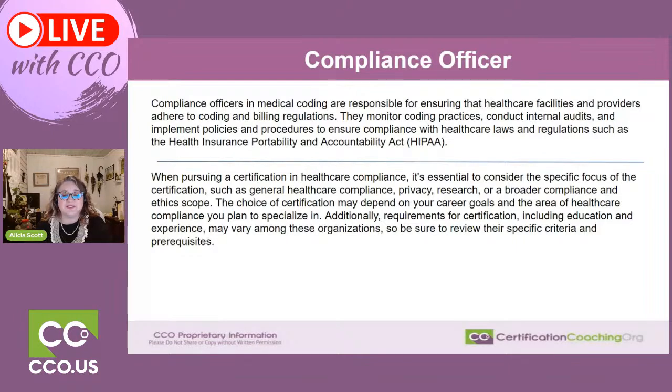So if you're not a coder, how can you do that? And if you don't know the guidelines, then how can you do a good job as a compliance officer? However, the compliance is much broader than just the code set. They're going to monitor the coding practices. You're going to do internal audits. You're going to implement policy changes, and we're going to look at procedures to ensure compliance with healthcare laws and